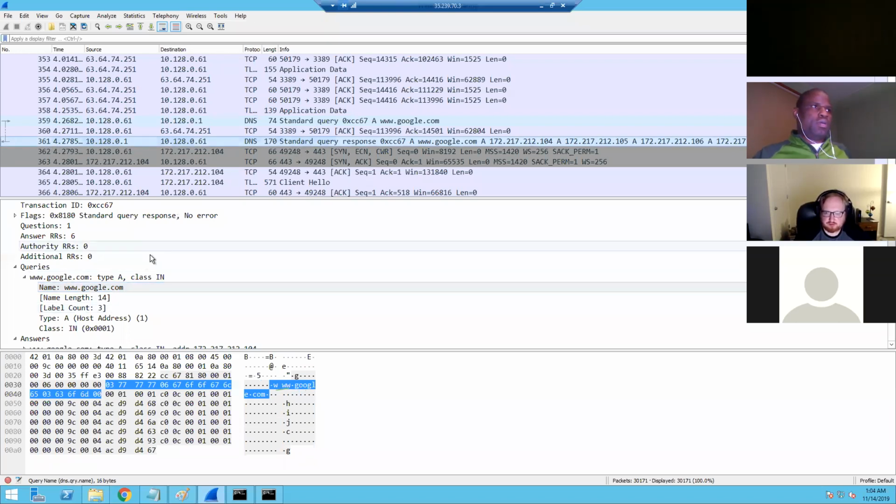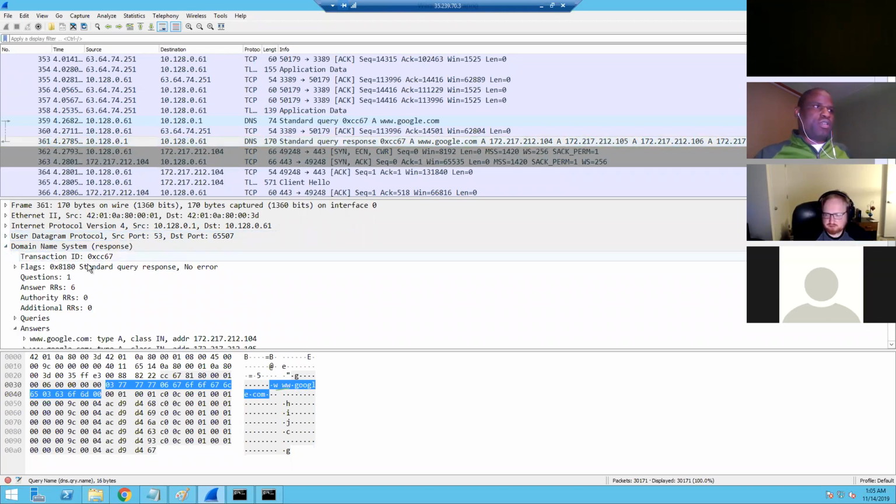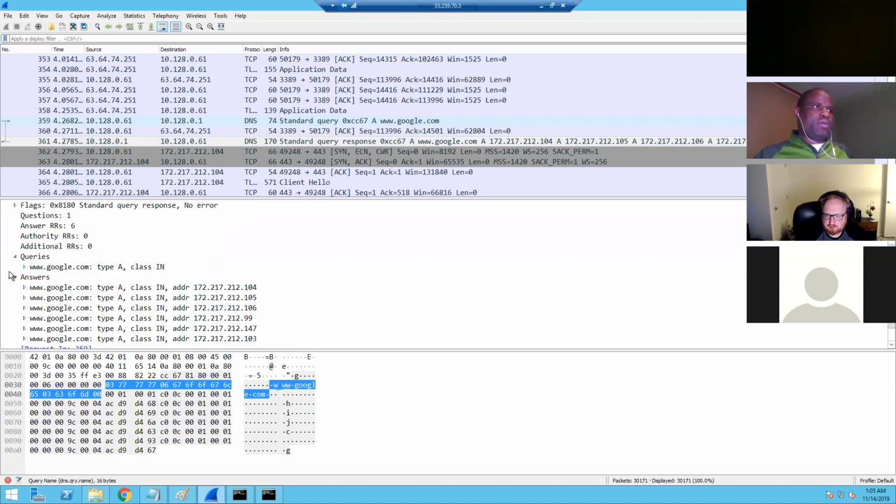361. And you can tell, look at the port again. See, the source port now is 53. It's talking to my machine. And look at the answer on the DNS over here. You see the queries and the answer. They say, you're trying to go to google.com. Here is a list of IP addresses of Google that I know. You understand? And right after that,